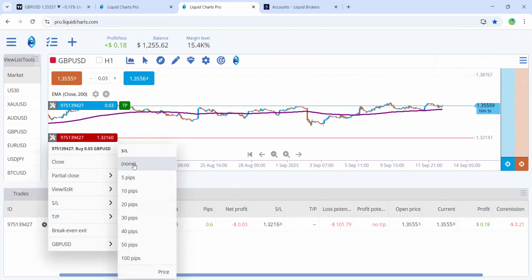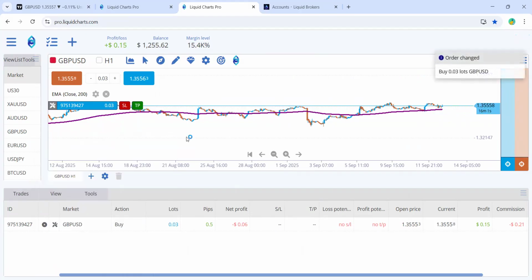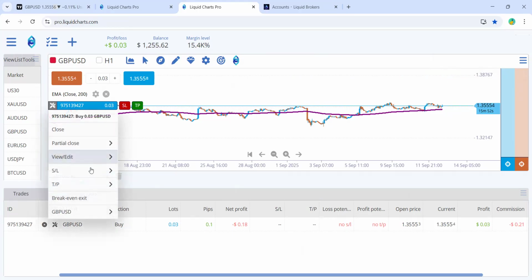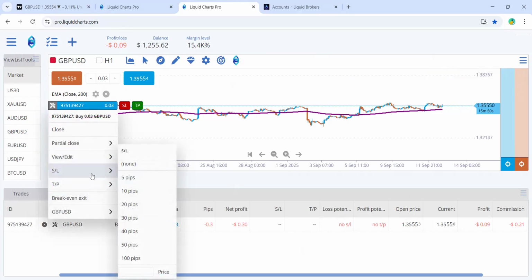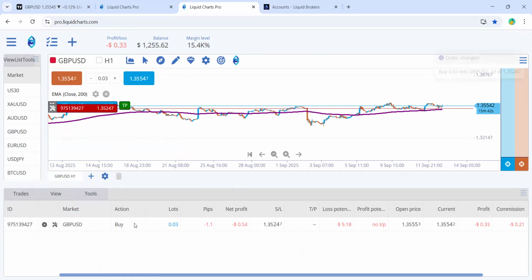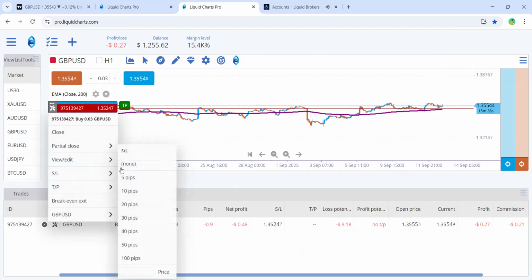Another thing you can do is click this tool icon here, or down here, either one. The same tool icon, guys, you can click. And when you click it, you see where it says stop loss. You can enter your stop loss by the pip count. So if your stop loss is supposed to be 30 pips, you just click 30 pips and it automatically puts it 30 pips for you. Or what you can also do